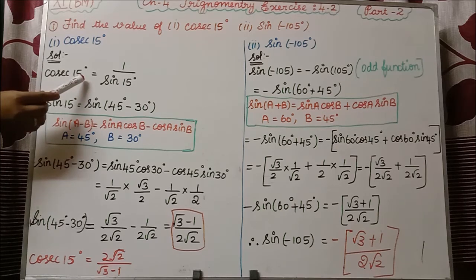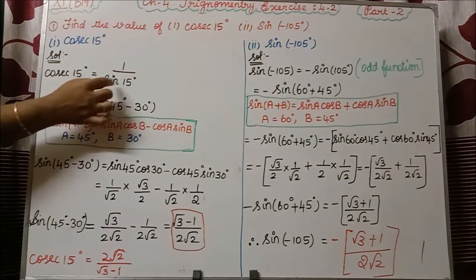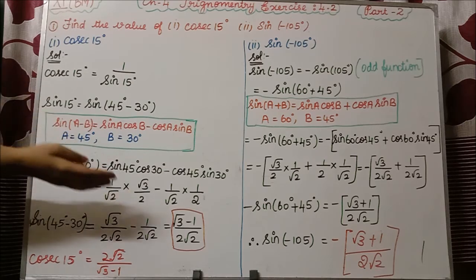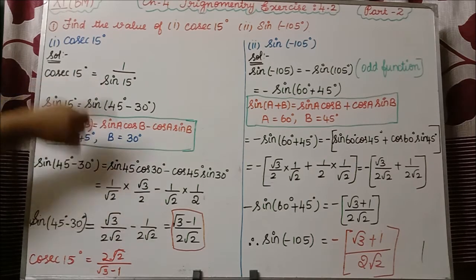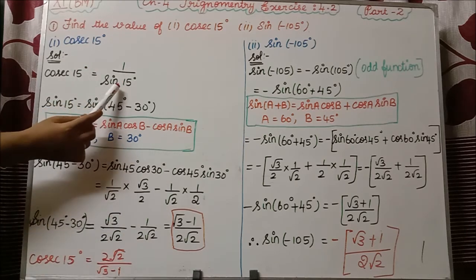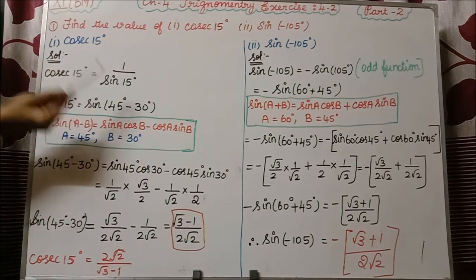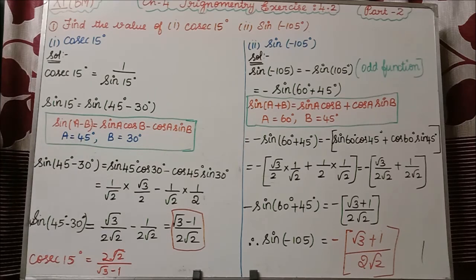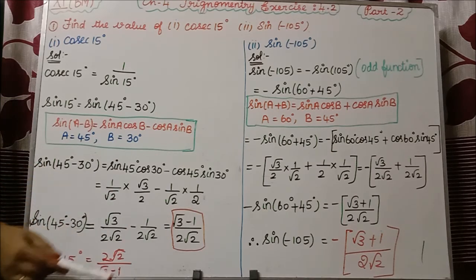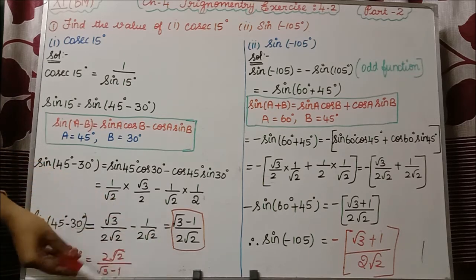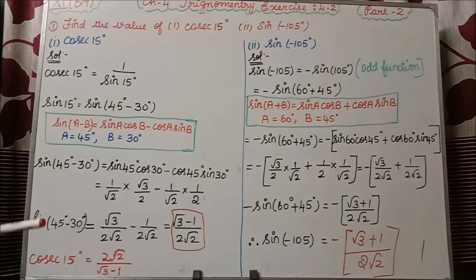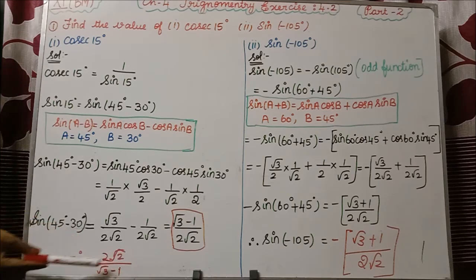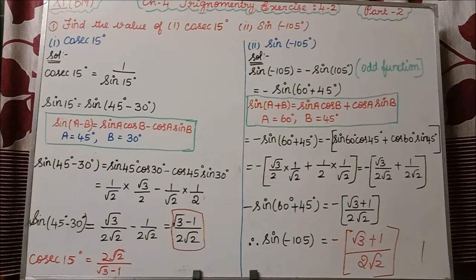Now see, cosecant 15 degree answer only we need. So cosecant 15 degree is equal to 1 divided by sine 15 degree we have written. So sine 15 degree, if you substitute here that value, root 3 minus 1 divided by 2 root 2, another denominator you are having, so it will become reciprocal. So directly I have written cosecant 15 degree is equal to 2 root 2 divided by root 3 minus 1. I have written this in reciprocal because sine 15 degree is in the denominator. Clear all of you, the first subdivision? This is the first subdivision only.